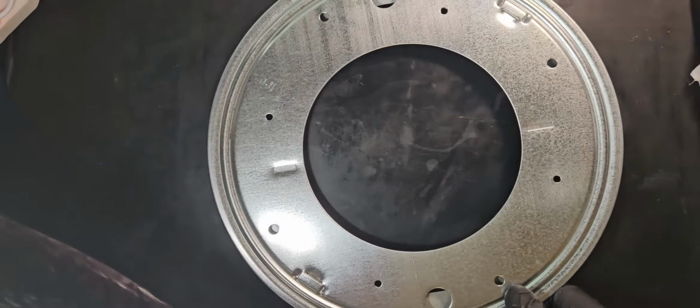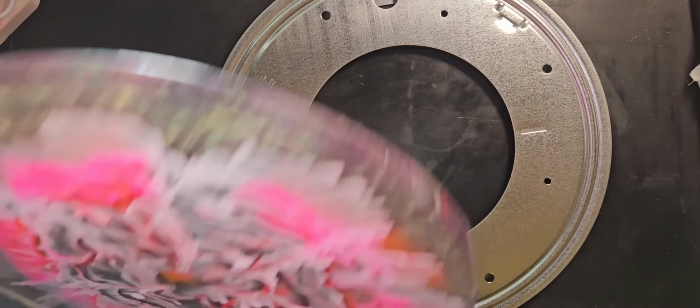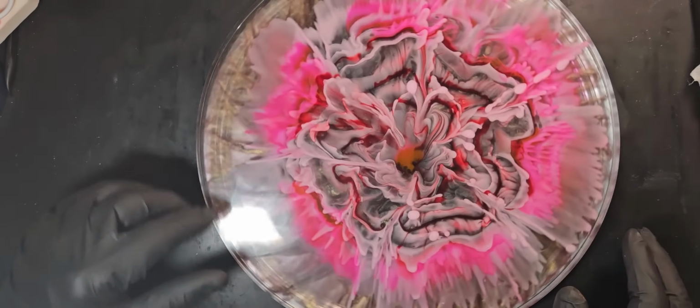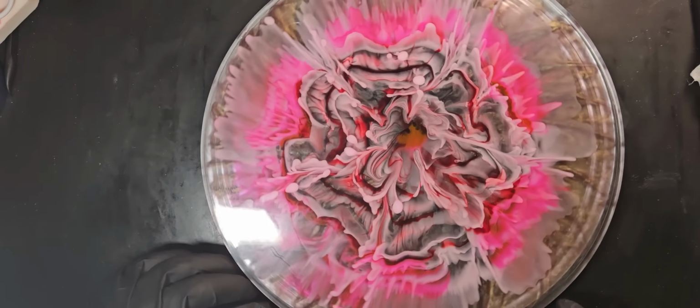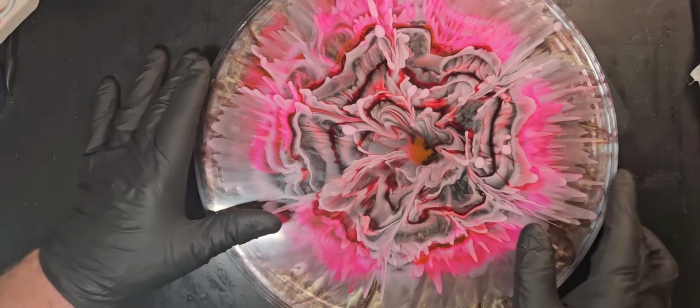Apparently for this size of a piece, you're only supposed to have a 4-inch turntable. And this one goes all the way to the edge. There you go. Put a coffee over there. Push it to somebody on the other side. Yeah! Now that mold was